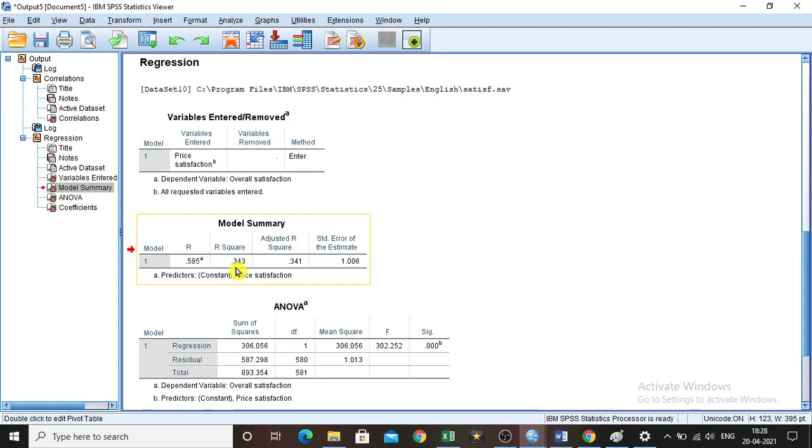So here the R square is 0.343. This R square explains how much all the independent variables are causing the changes in the dependent variable. It is 0.343, which means it is 34% it causes.